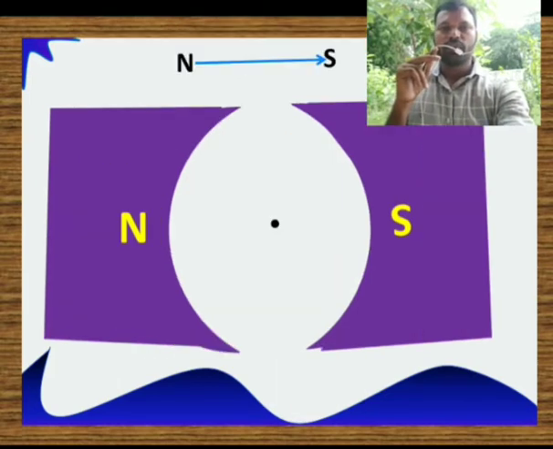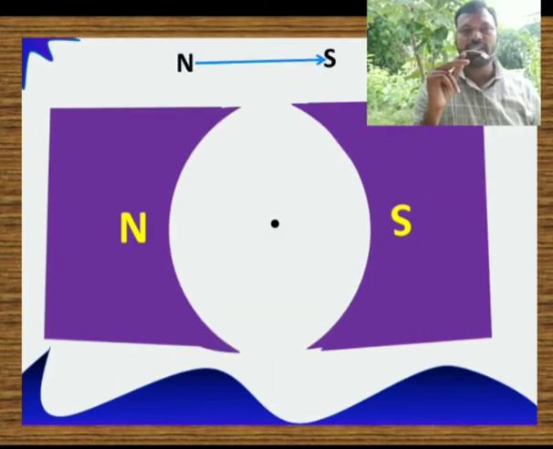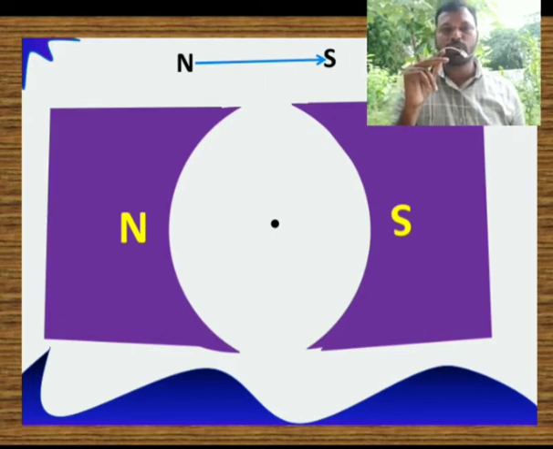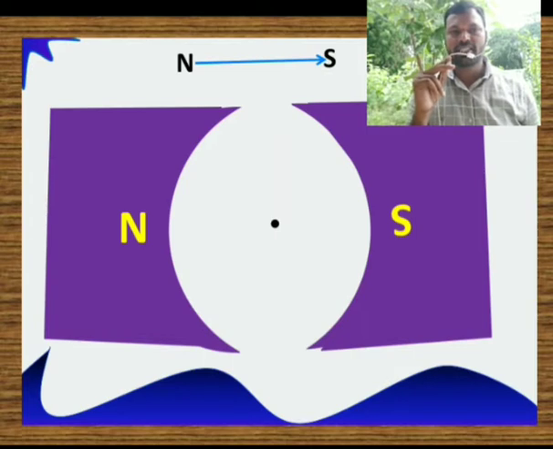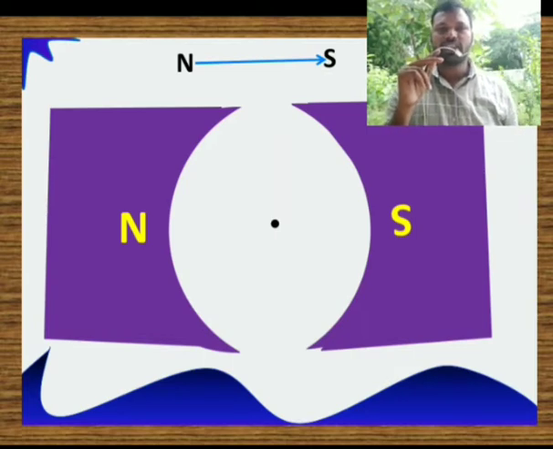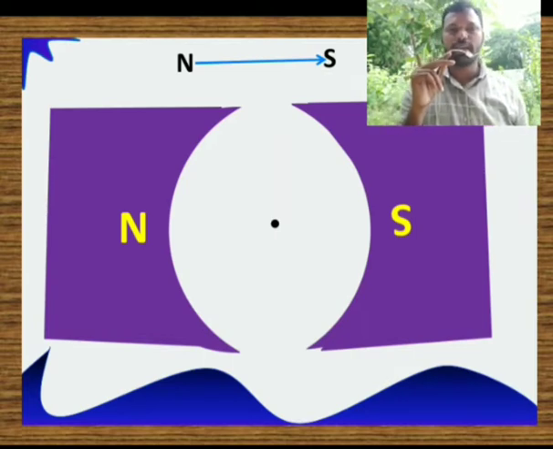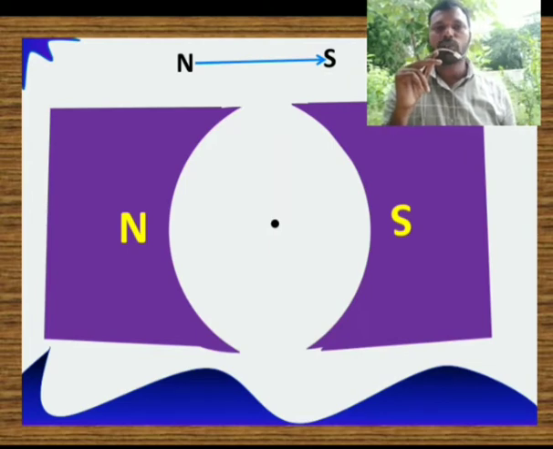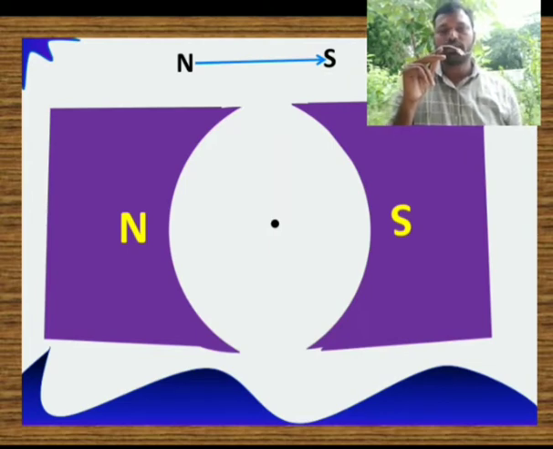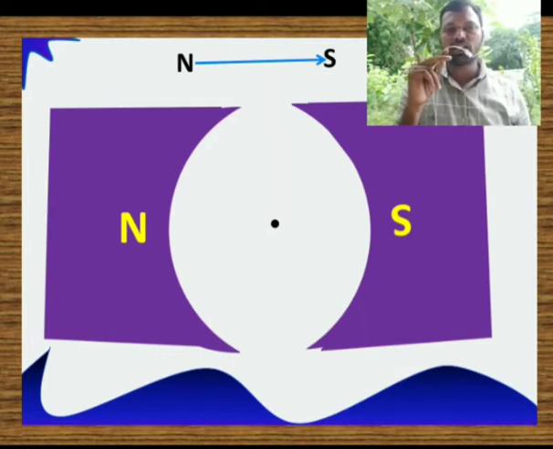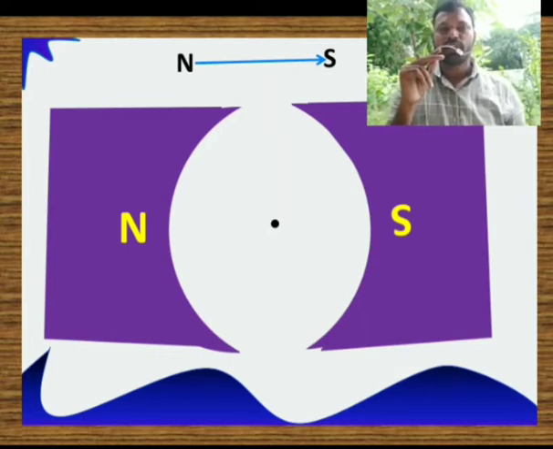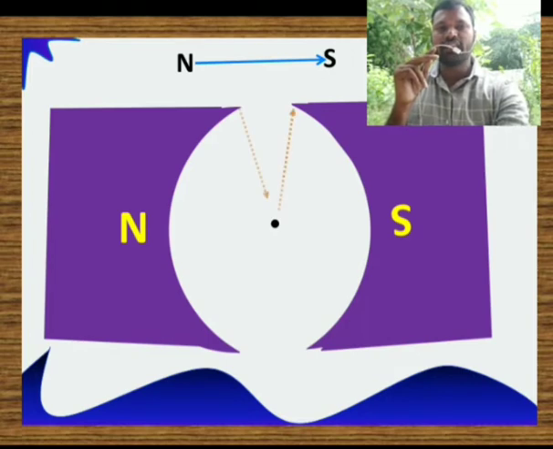Now why have I taken horseshoe magnetic poles here? See, these are the magnetic poles which are used in a ballistic galvanometer. Generally the direction of the magnetic field is from north to south. If the magnetic poles are in a straight plane, then you will get a straight magnetic field. But because of the radial or horseshoe magnetic poles, we get a magnetic field in a radial direction.